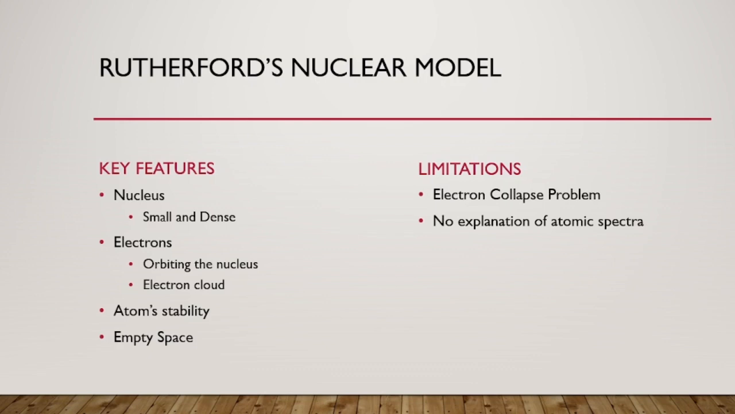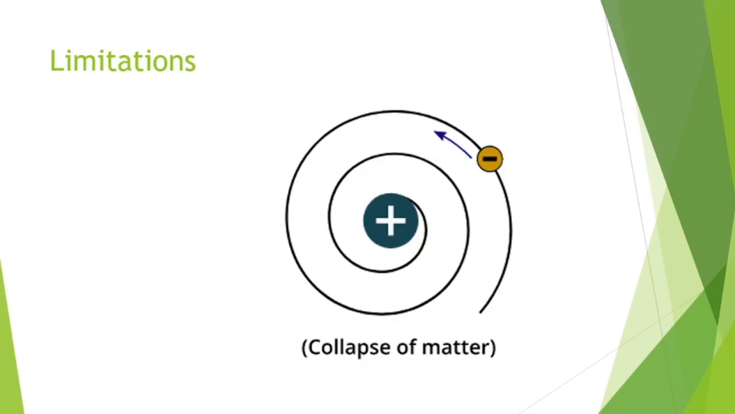And as I already told you, when it comes to the limitations, Rutherford's nuclear model is unable to explain the electron collapse problem, and it doesn't explain one more thing, that is atomic spectra, because atoms can produce spectral lines, but Rutherford's nuclear model couldn't explain that. And one more limitation is the collapse of matter. According to